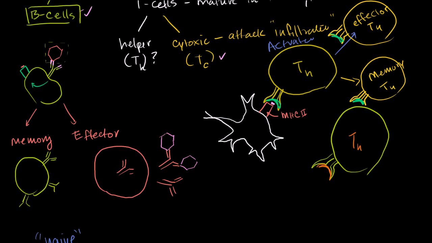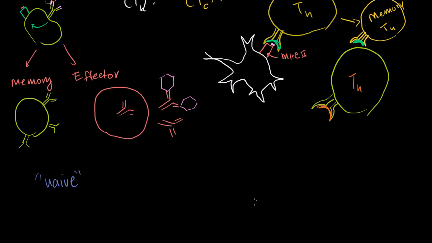So you're saying, fine, I have these memory cells. They're going to stick around so that this reaction can happen in the future. But I still haven't answered the question, what does the effector T cell do? What the effector T cell does is it raises the alarm. Let me draw that same effector T cell up there. It's been activated. So this is an effector T cell.